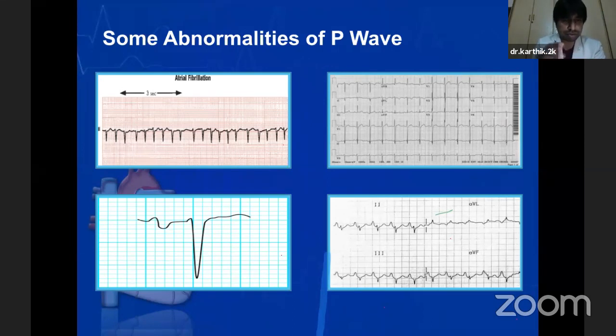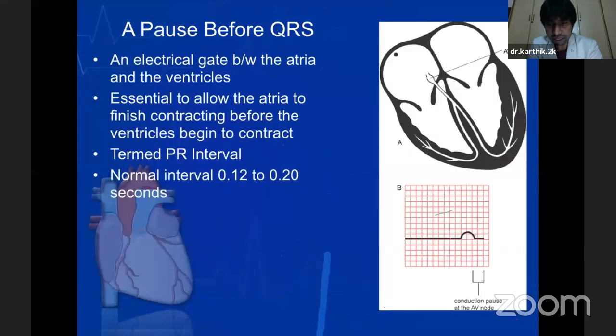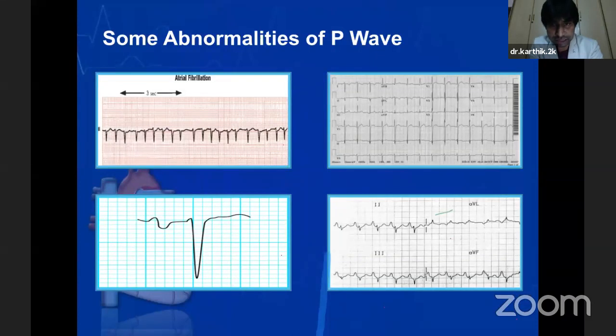You can see that the P wave is both up and down, inverted. So that is a biphasic P wave. It is present both above and below the horizontal axis. And in the last illustration, you can see that the P waves are much taller than the preceding T waves. So that indicates that there is a chamber enlargement.